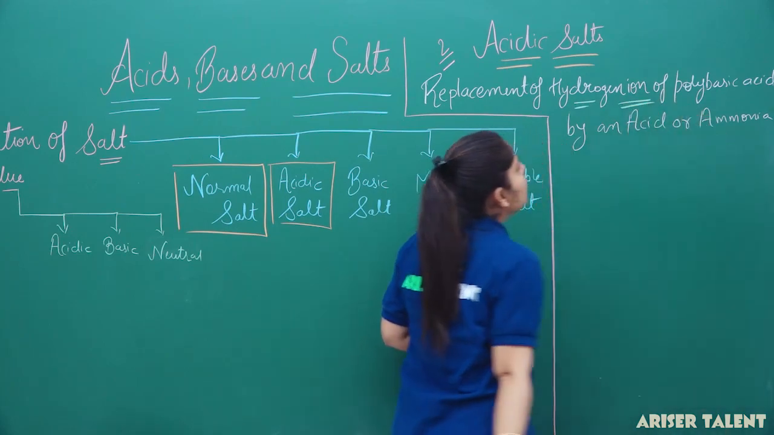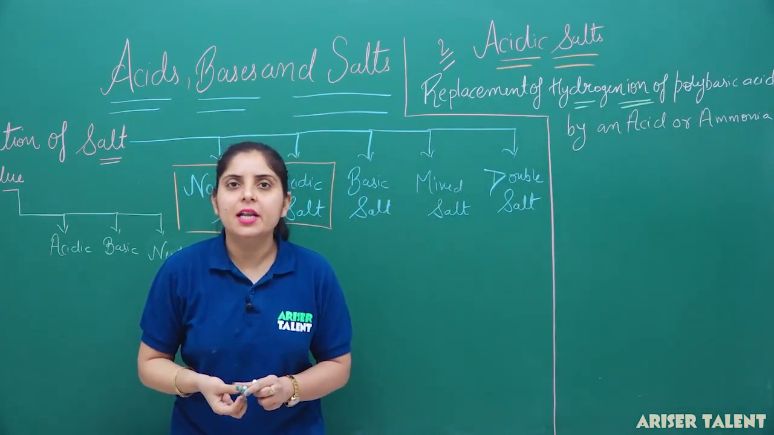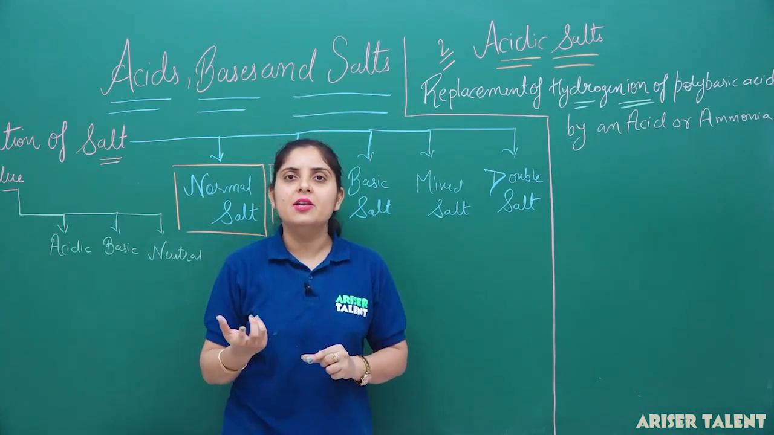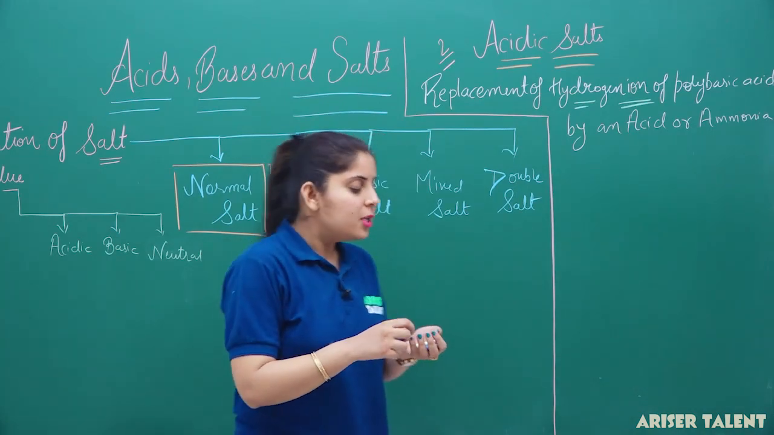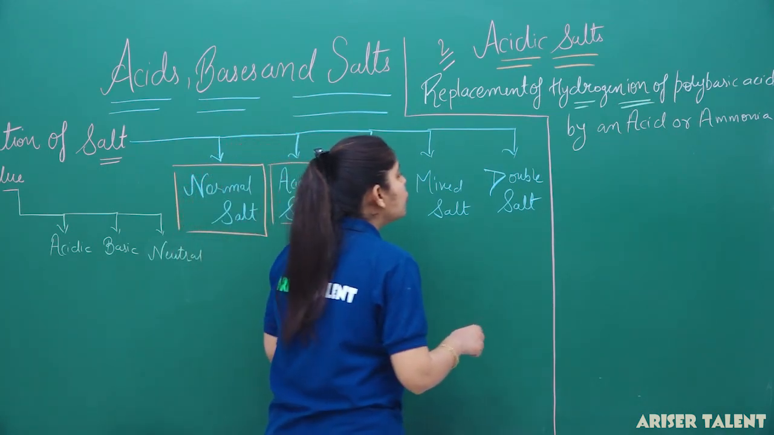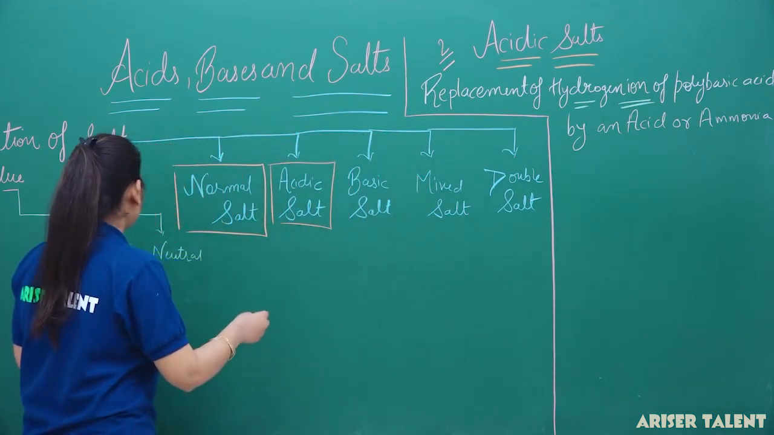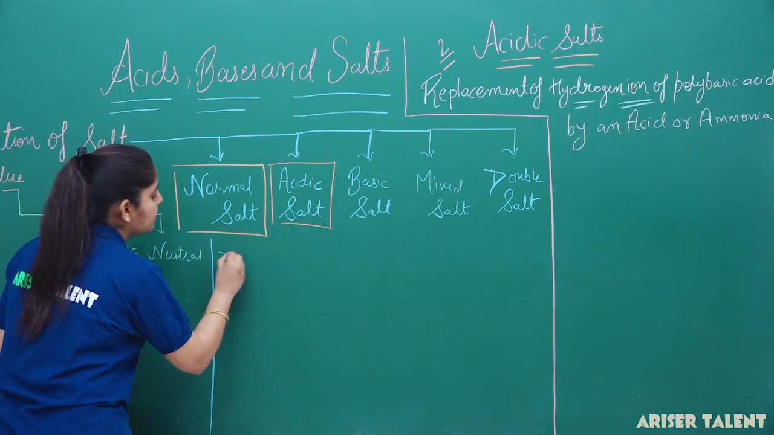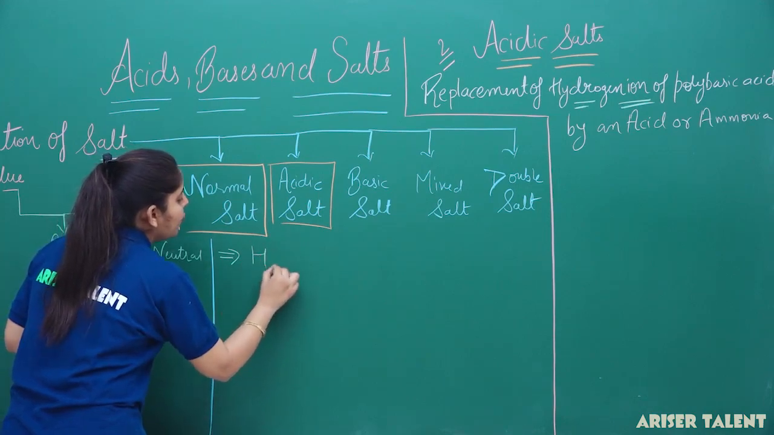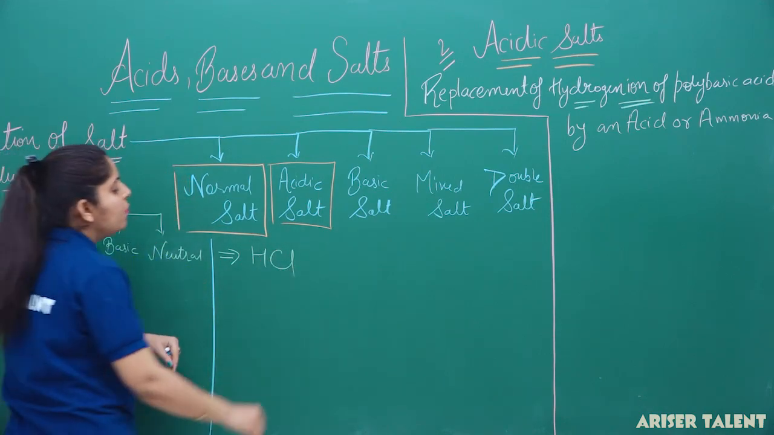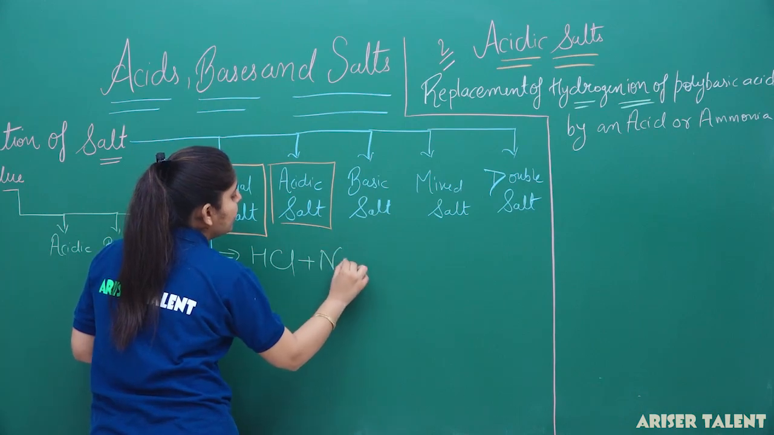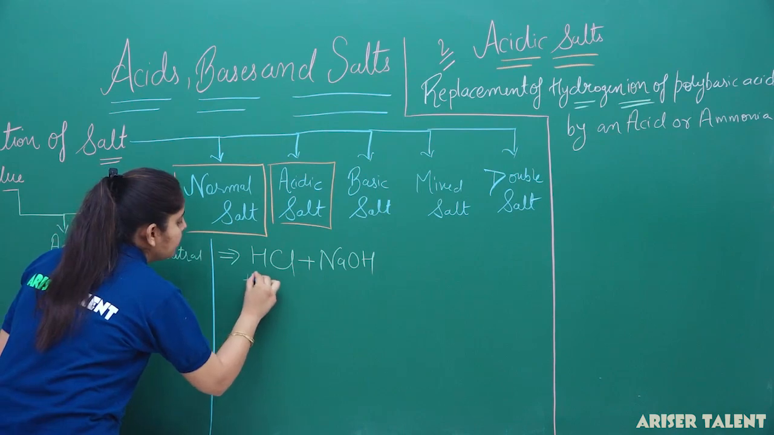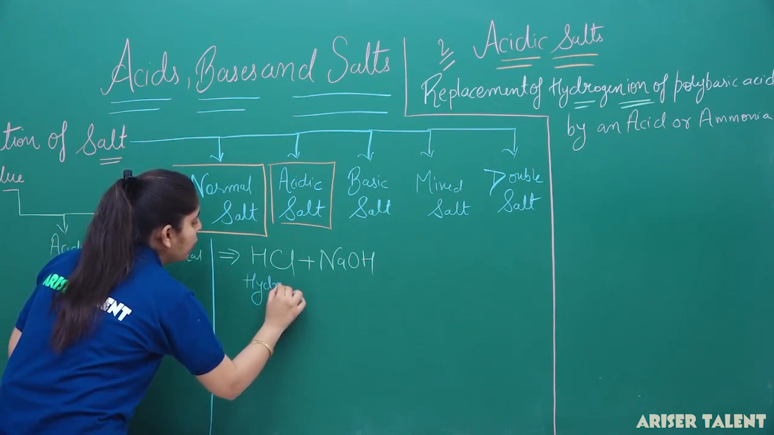Now what happens when acidic salts are formed? It means an insufficient amount of base is taken for the formation of the acidic salt. So I am writing the general equation here, so it can be easier to understand this type of salt. What actually happens in this case? Firstly, we are provided with HCl. Now we are reacting this HCl with NaOH. This is our hydrochloric acid,